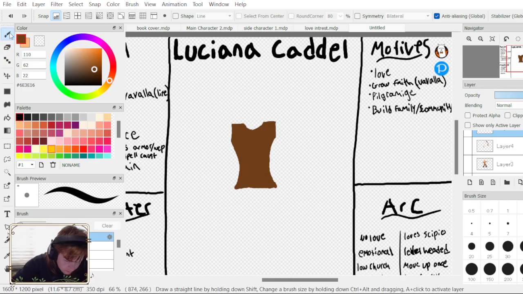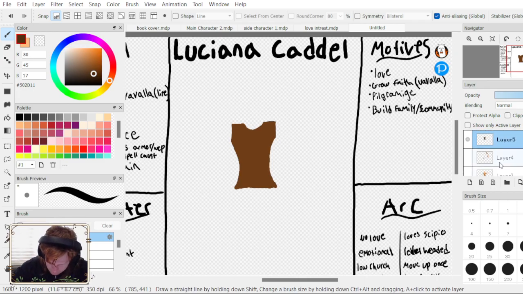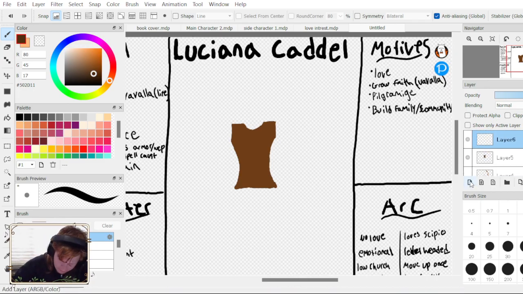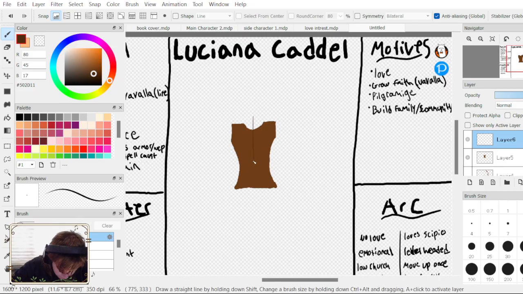Yeah, I remember. Let's do a bit darker. Let's do another layer so I can actually do the middle of the waist, bottom of the waist, shoulders.